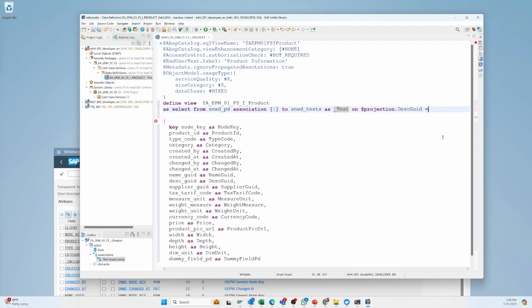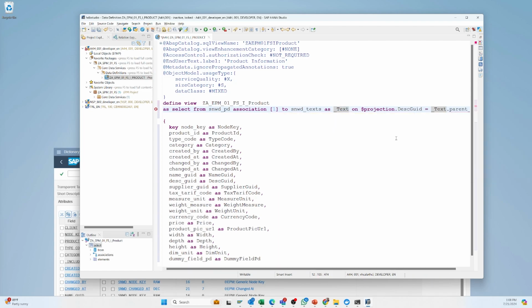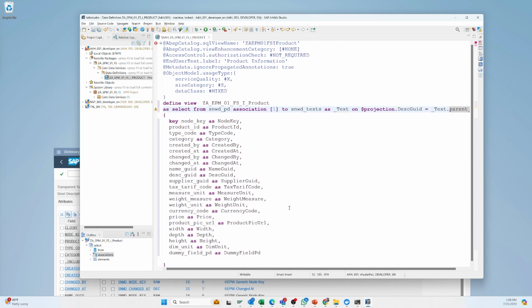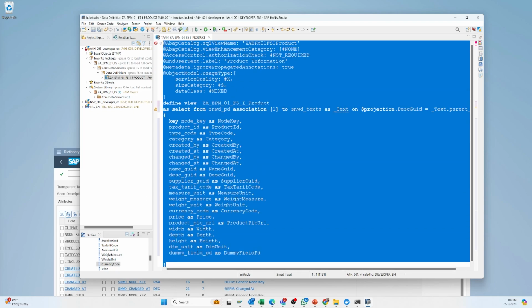So from here, in the text column, if I use _text, then it is in relation with the partner key. Also I can use only one key, that is the node key. I'm not deleting anything, it can be as it is. I just make it a